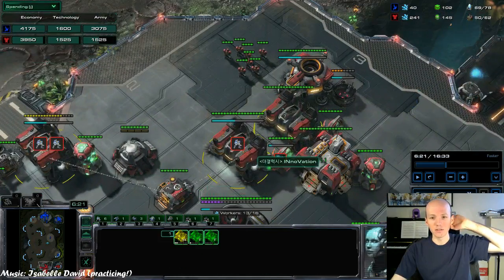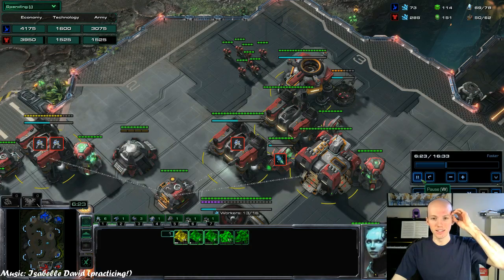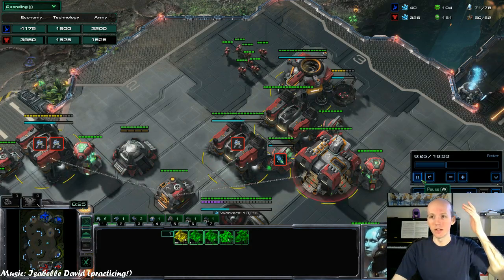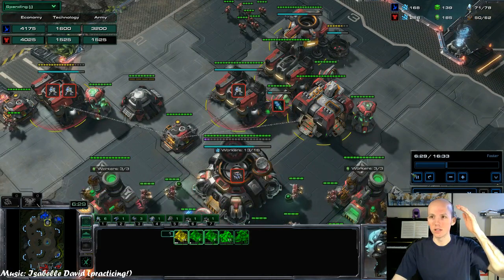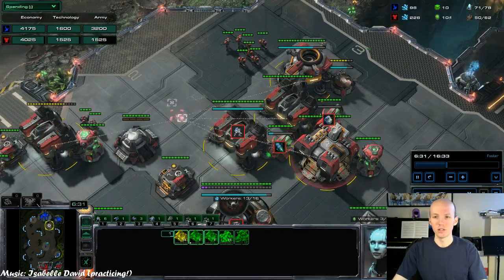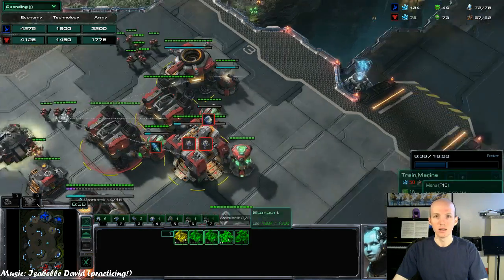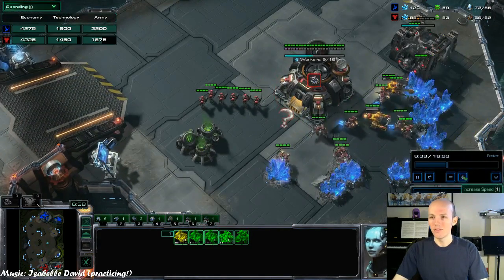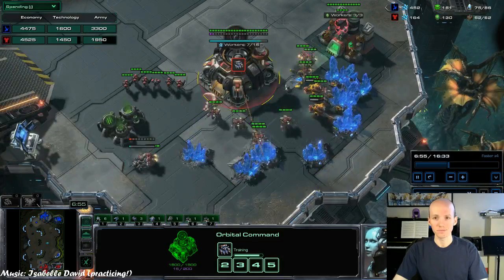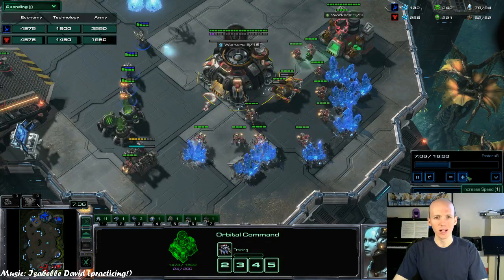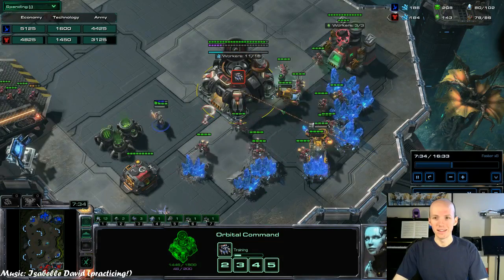He just can't constantly produce units out of these production facilities yet, because he just doesn't have the money for it. I don't think so. Well, actually, you can see he's still got some money in there, but yeah, he doesn't have the income yet. See, out of these, he just can't make anything out of them because he just doesn't have the SCVs yet. But eventually, he will saturate his natural. It's gonna take quite a while because he still has got to deal with all of this harass,